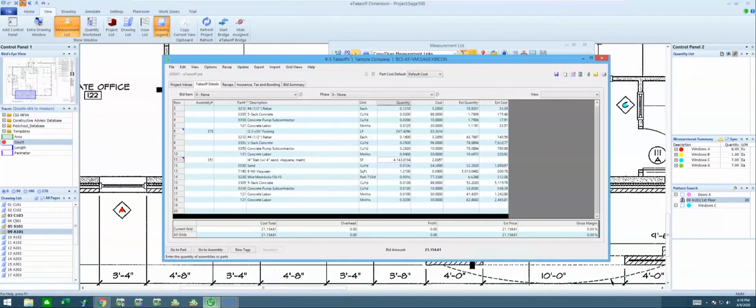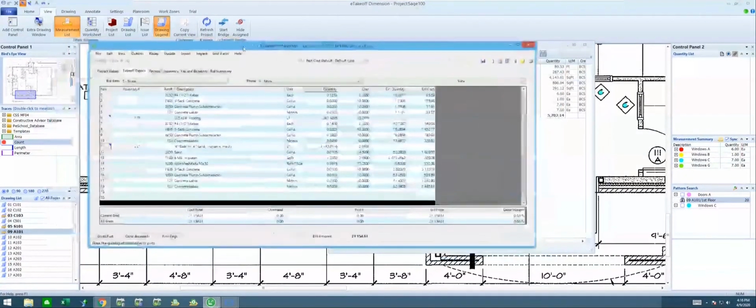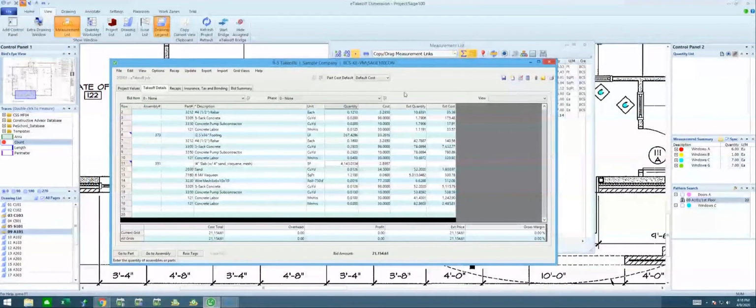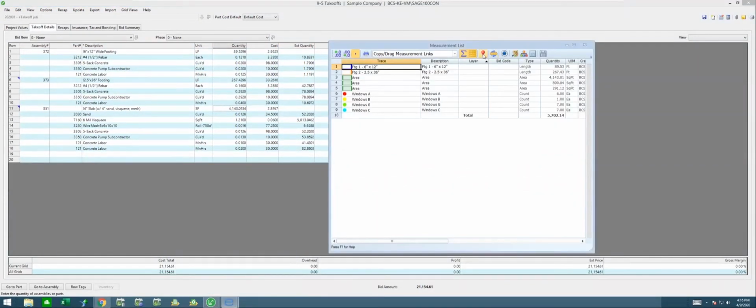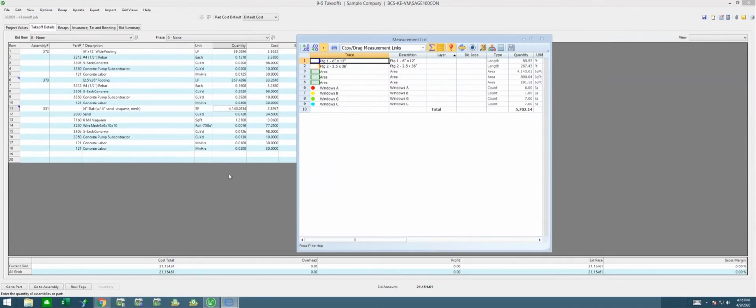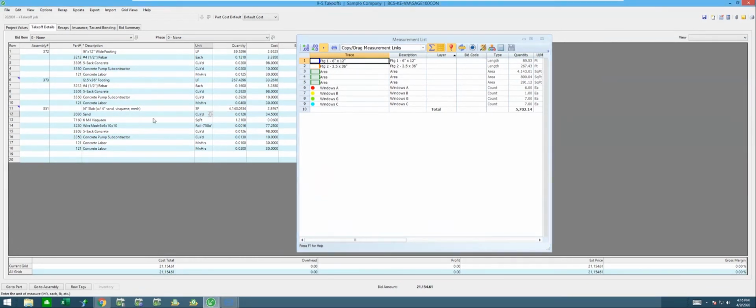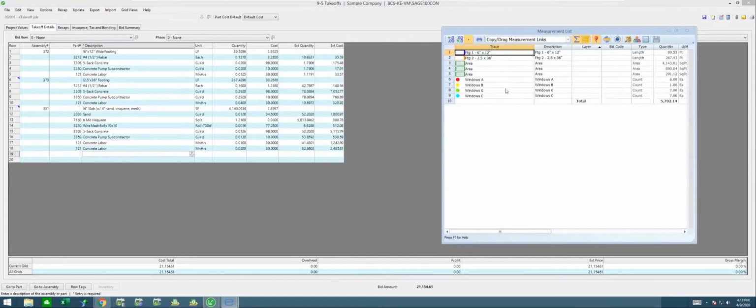So there was the takeoff screen from before. Now, if you notice, if I had this maximized, I can't see my measurements in the background. If I click on my measurements and actually tell it to float this window, that would allow me to click over here and be moving things around in my takeoff, and this screen will stay on the screen at all times also. So that just makes it handier for navigating that little float window.